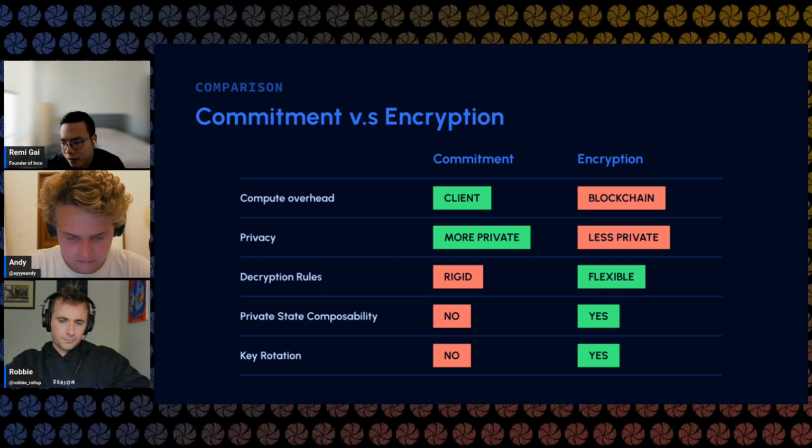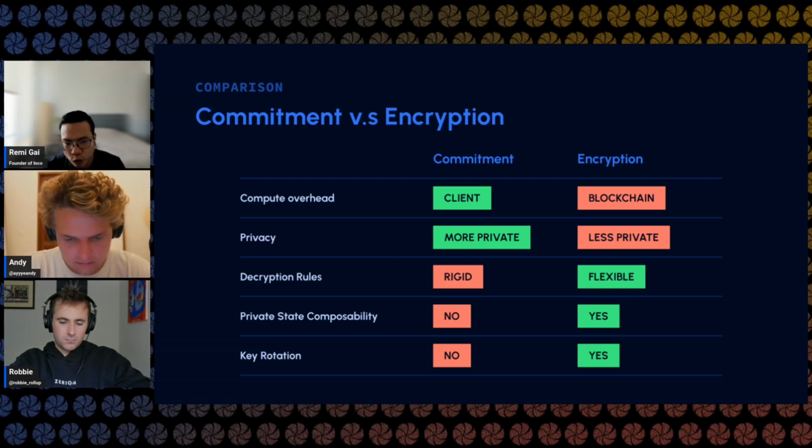So in the context of privacy for blockchain, this is not a new topic either. There have been a lot of attempts at solving it using more of a commitment-based approach. So you can think of maybe a ZK-based approach. What we're using is what we call the encryption-based approach. And maybe just a high-level comparison of the two approaches. What are some trade-offs? I believe that both approaches are quite valuable for different use cases.